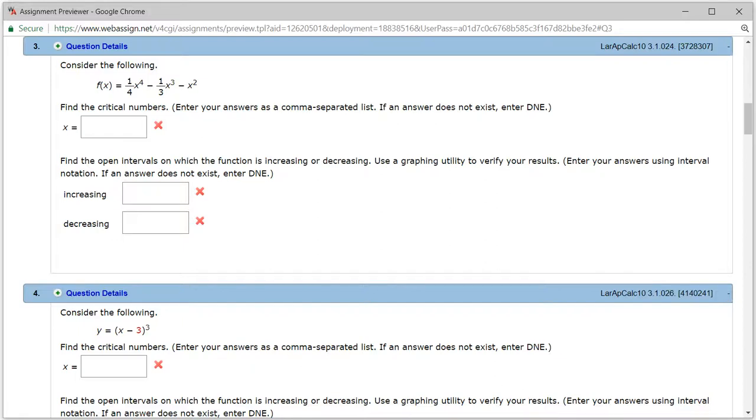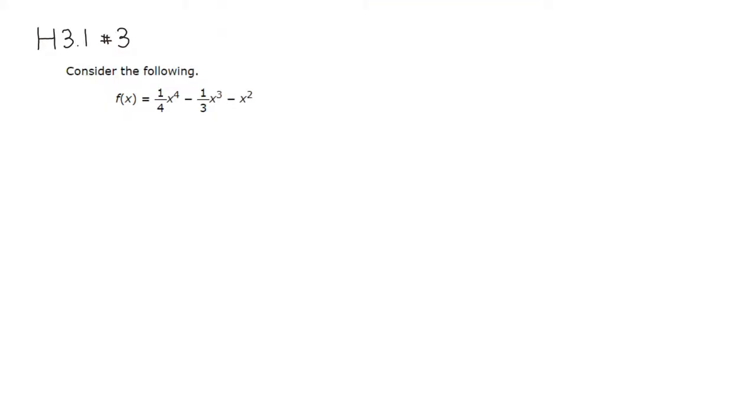All right, let's look at homework 3.1, problem number 3. We have this polynomial function given, and we want to find its critical numbers. So let's do that. We're going to take the derivative. f prime of x is equal to, put 4 in front,